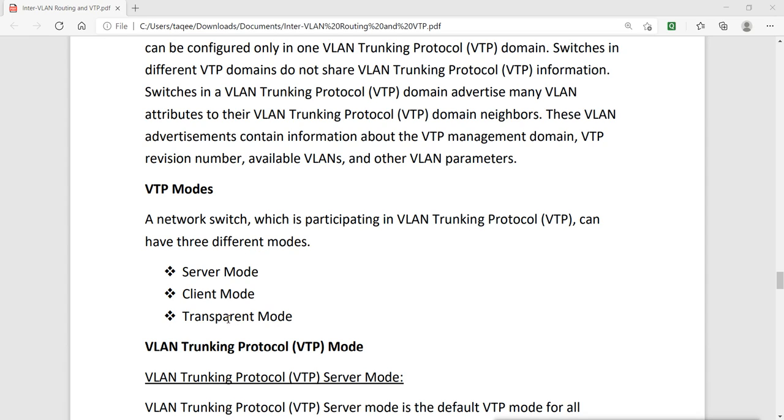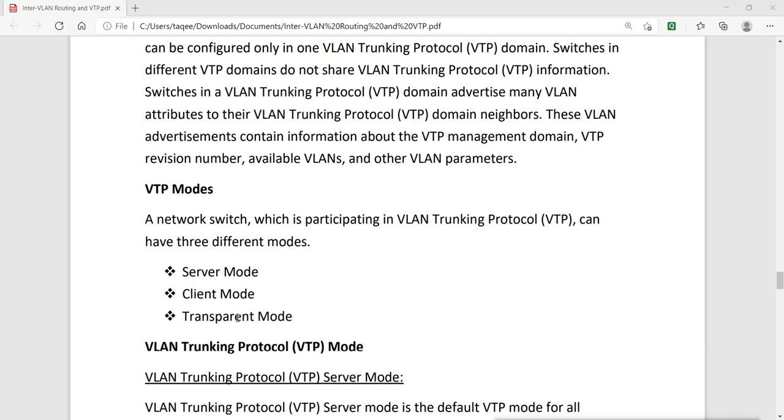It can have its own VLANs, but still it will remain in the VTP domain, in the security boundary, but it will not accept the VLANs from the server. So in the transparent switch we can create our own, different VLANs. Suppose we have some department where we need different VLANs apart from the other VLANs we have in the whole network. So we can make that switch transparent mode, and we can create separate VLANs for that switch.